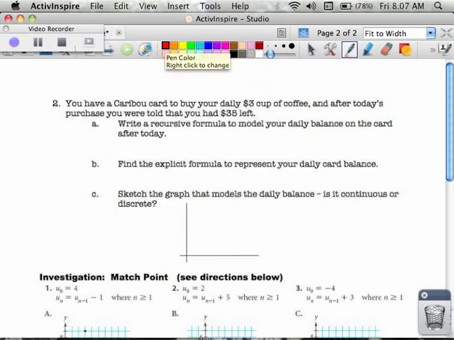In this next slide, we're going to do both. We're going to try to be familiar with going back and forth. So you've got a Caribou